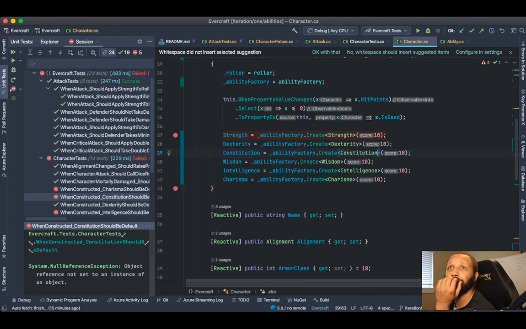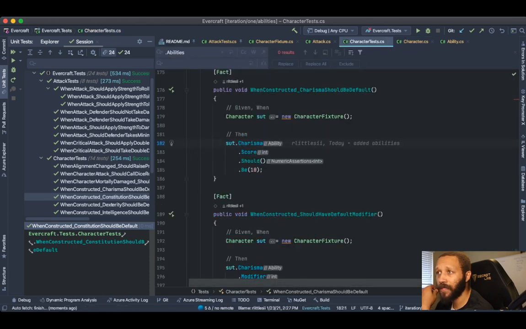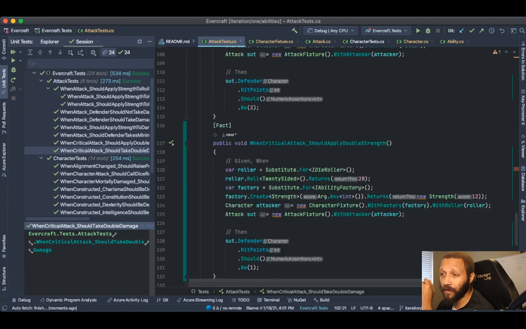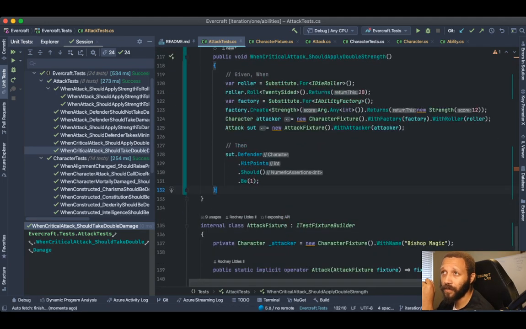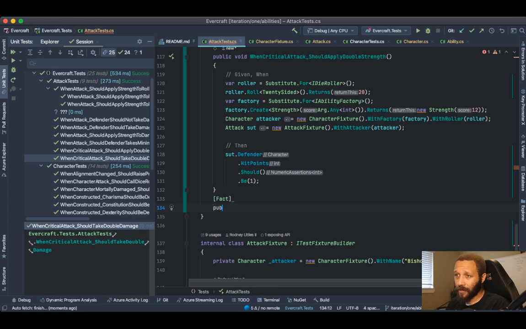All right, all those are now set, so we can rerun all these tests and hopefully everything will pass now. All right, there we go. Now that all the tests are passing, we want to verify that the armor class... Okay, so we're going to change up the conventions of these tests. So when defender, what we want is a fact, right? We want a fact. It's a fact that